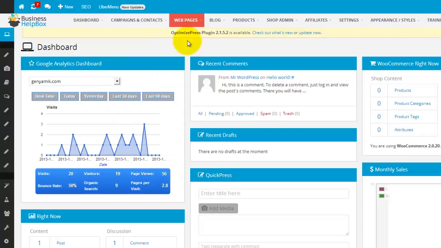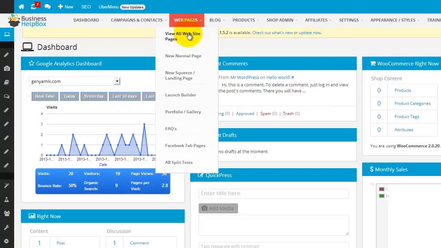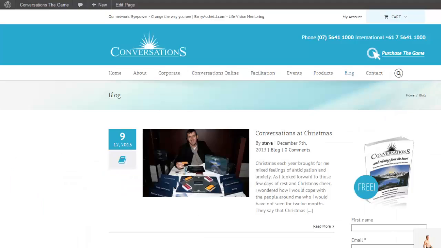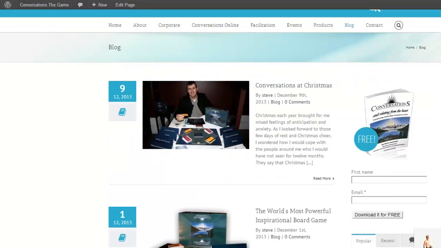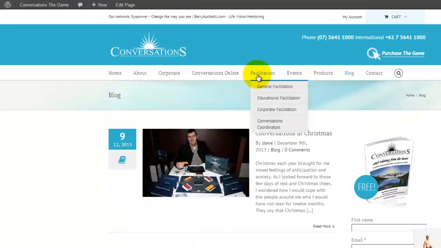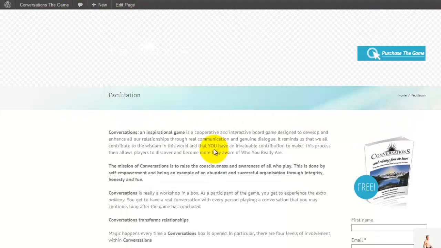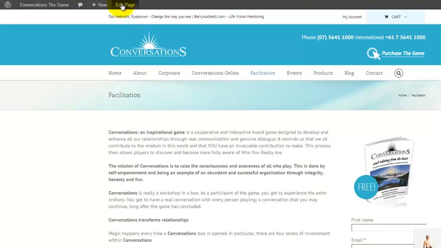Now your web pages, all your existing web pages, generally depending on the box level, but most of our boxes at Business Help Box will include bringing all your content and adding all your initial website content onto your pages, so that you can quickly, for example, go to a web page, for example, facilitation, and if you want to make a quick change to it, once you're logged in, you can go up to the top, and so I'm on this facilitation page. You go up to the top, click on the edit page button,